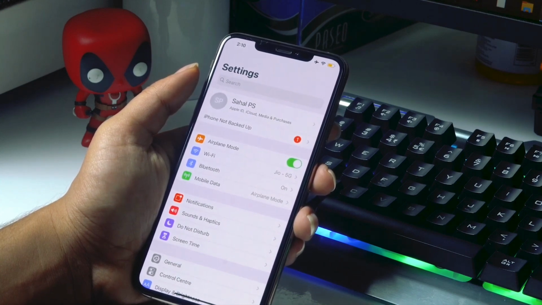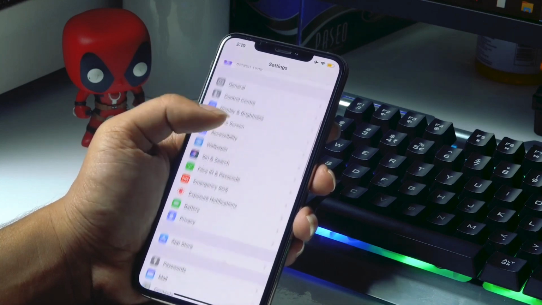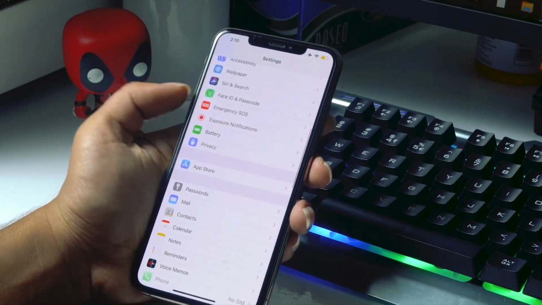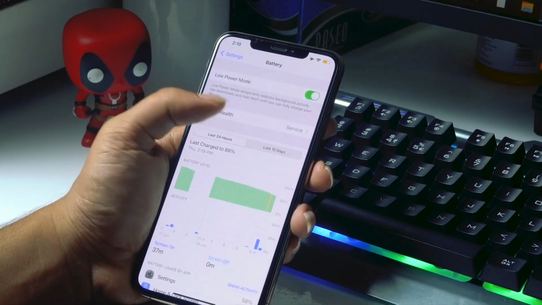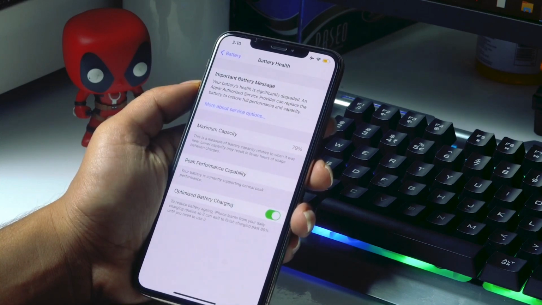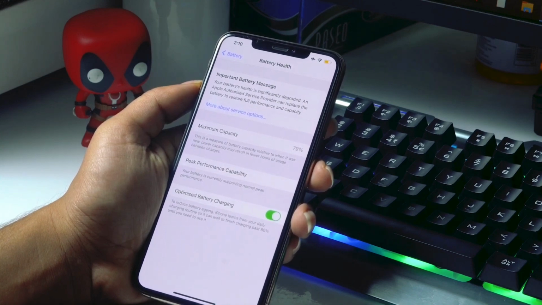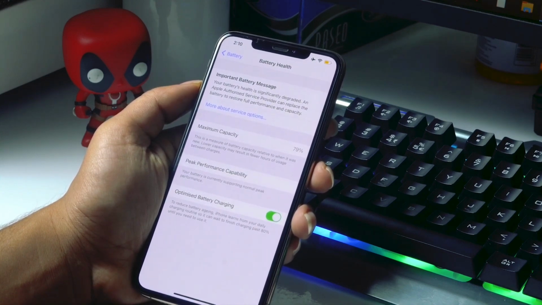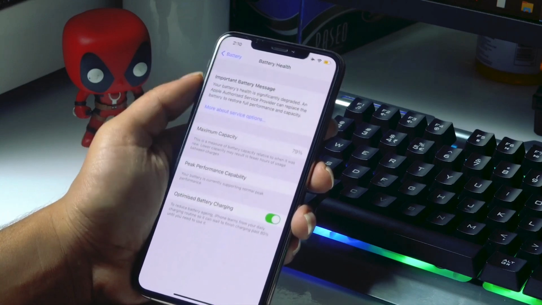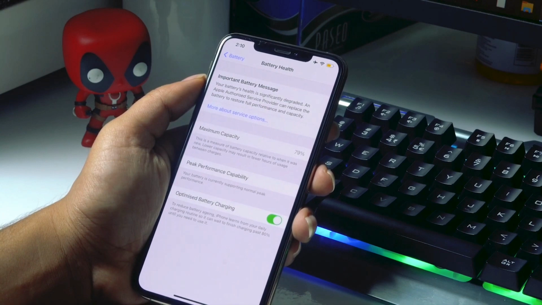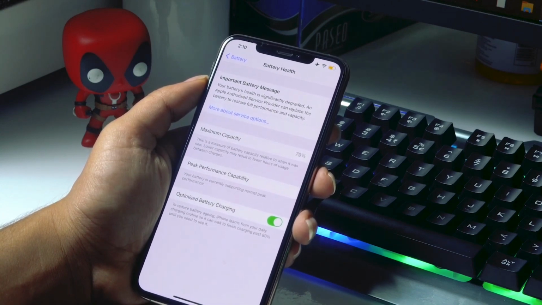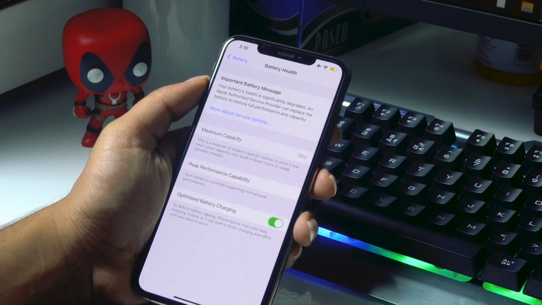Moving to the sixth solution, it is all about making sure your battery is healthy. To do this you just have to open Settings and click on the Battery icon. From here click on Battery Health. As you can see, right now the maximum capacity is 79%. Any iPhone which is less than 80% should be replaced, by going to an Apple operator or showroom and talking to them. If it is above 80% it is good to go, or else you have to replace it, and you will have to pay around $49 to $69.